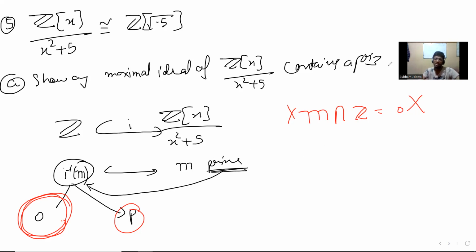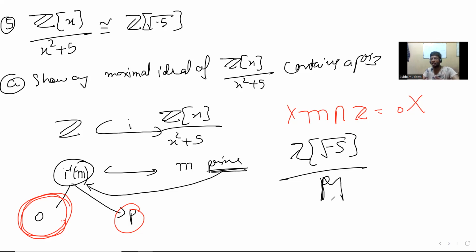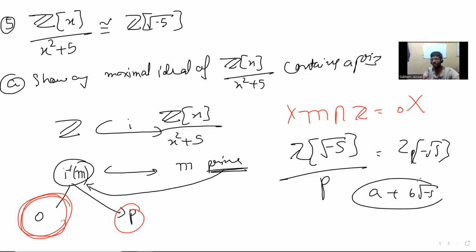And part 2 is really simple, because the moment it has a prime, you're looking at this thing. If this has a prime, which you're also quotienting by, they're saying that if you quotient by a maximal ideal, then there are only finitely many things. But when you're quotienting by a maximal ideal which contains a prime, this basically becomes Z_P, right? And this means that when you write anything like this, the A and the B will just be reduced mod P, and so there are at most P squared elements. Right? And so that's simple.